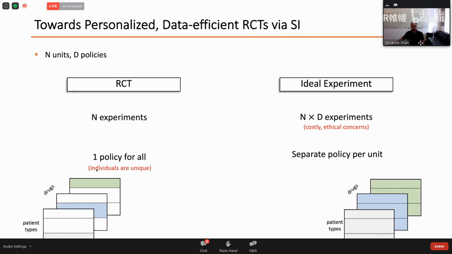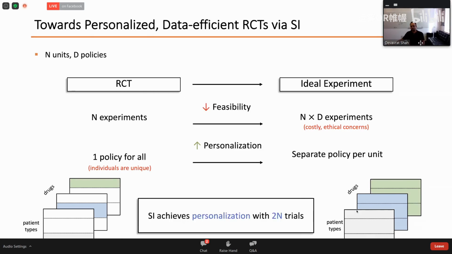Now, what we would like to argue is that we can achieve this goal by effectively having a pattern like this. That is, for patient types, a few patients will get drug 1, a few patients will get drug 2, etc., and a few patients will get drug D. And also, all patients will get control. And because of this, we will achieve this level of personalization with 2 times the number of patient groups, rather than experiments scaling with D, which is the number of interventions. So it will be constant rather than scaling with interventions. So how can we do that?